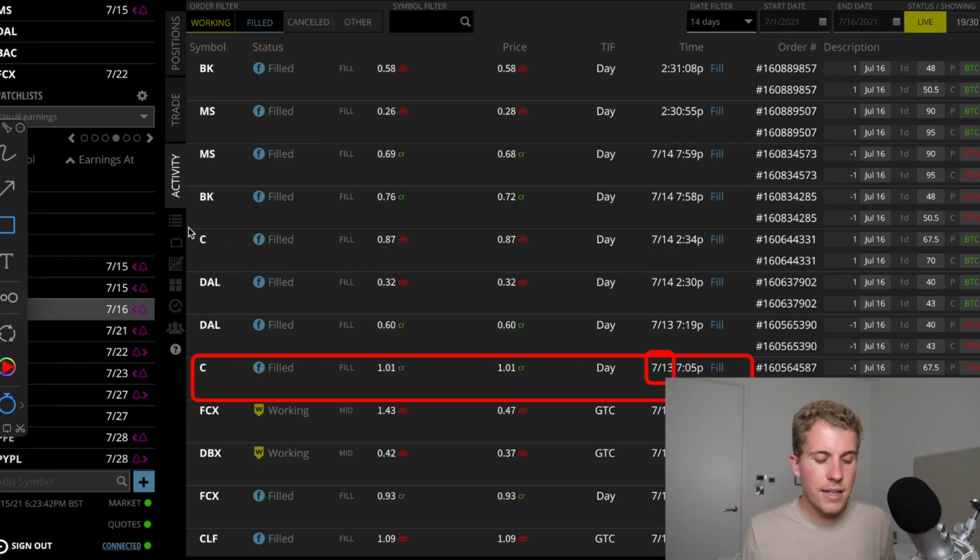Usually I do this, and then I close my short strangle the next day for a very small profit. You see that I made 14 cents of profit. I closed it the next day, 4 minutes after opening, because here the stock market opens at 2:30 p.m. So 4 minutes after opening, I closed my trade.